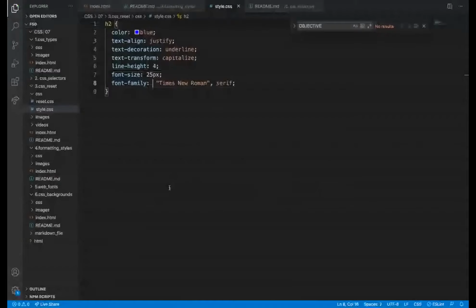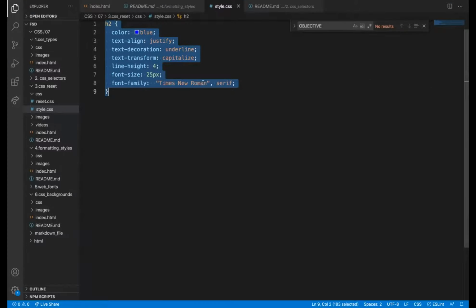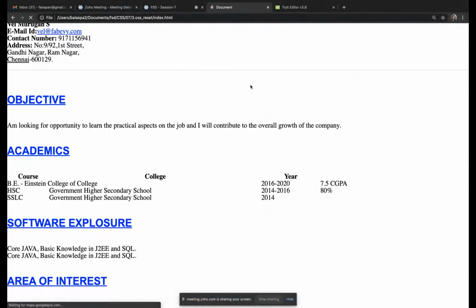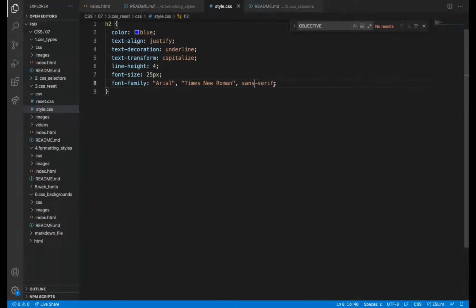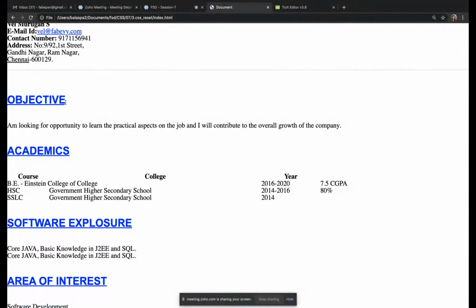In the sans serif family, mostly we will use this category only. If there are no font files available, it will fall back to sans serif. Sans serif won't give that sharp edge. This is the blunt edge. It won't have those lines of serif.